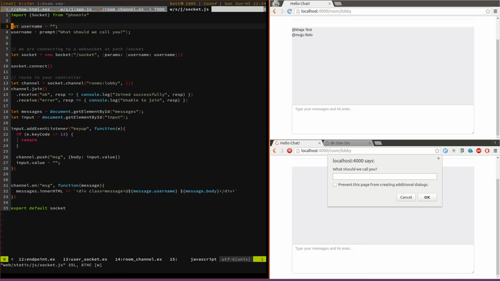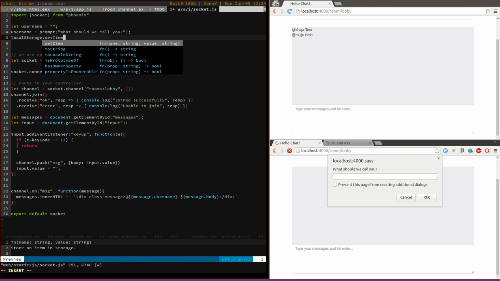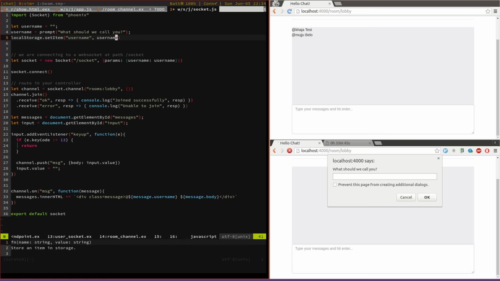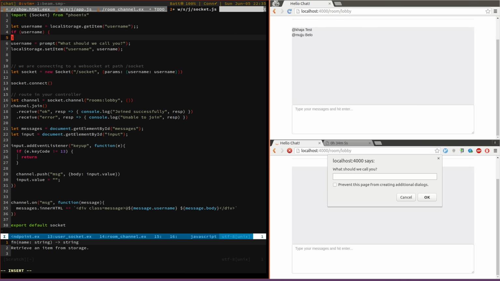We are asking for a username and we're not storing it anywhere. So what we can do is, as soon as we get the username, we can store it in the local storage, and I'll say store it in username, and if we find a username, we won't ask for a username. So as soon as the page is loaded, we'll try to get the username, and if the username is empty,